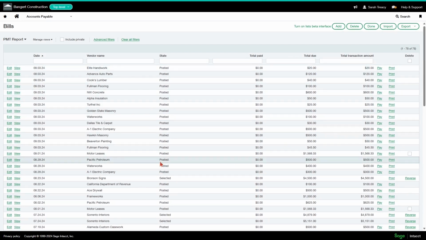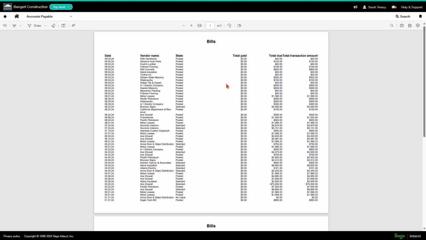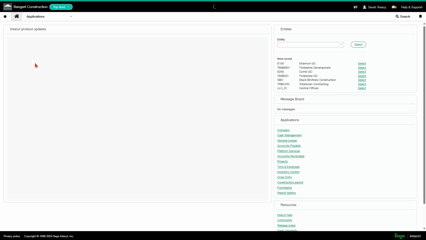So when you get to the point where you have whatever it is that you want on your view, you can export it to Excel, CSV, or whatever. I'm going to export out to a PDF, and that's going to bring me up a nice little report just based off of my view. So nice and handy, very easy to do, doesn't take having to go into the reporting tools within the system.